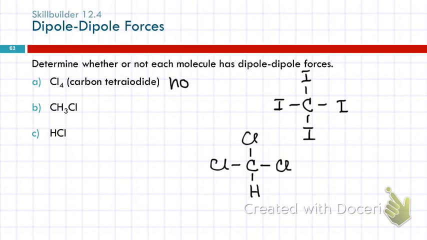Yeah? Isn't it supposed to be 3 hydrogens? Thank you. Yes. So we did a different example by mistake. Thank you for catching that. It's supposed to be 3 hydrogens and 1 chlorine. So, yes, I drew the wrong molecule. Same result, yes. We still have 3 of one and 1 of another to the carbon, and so this is